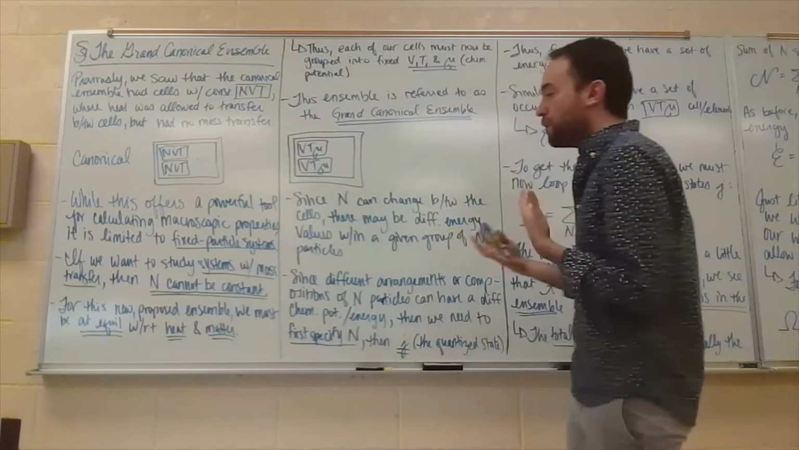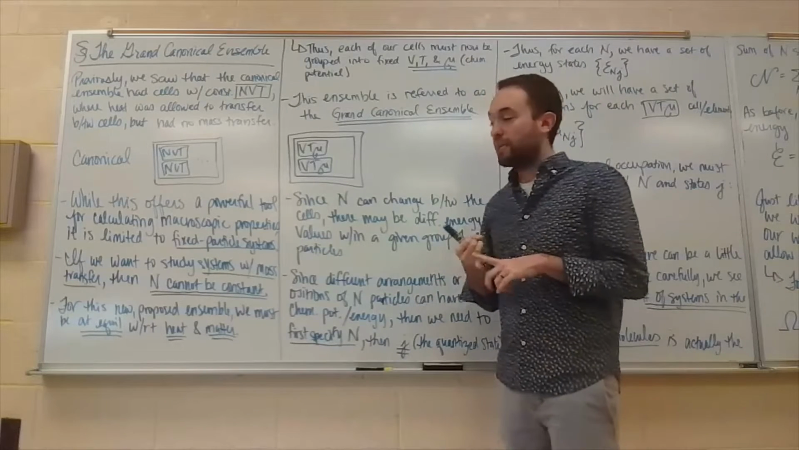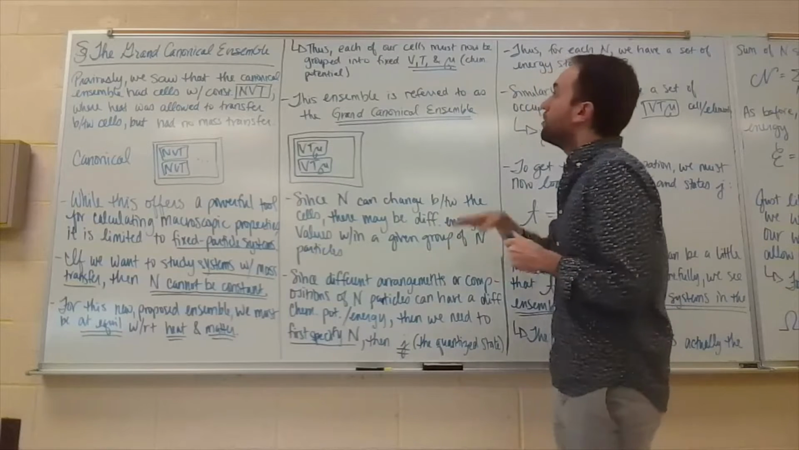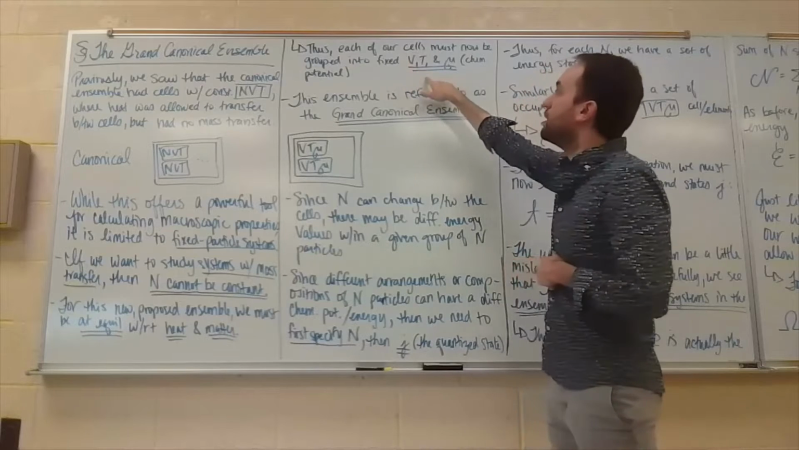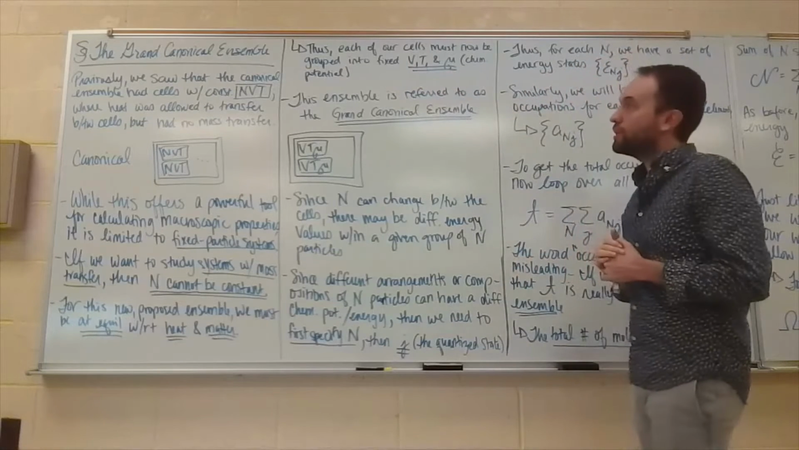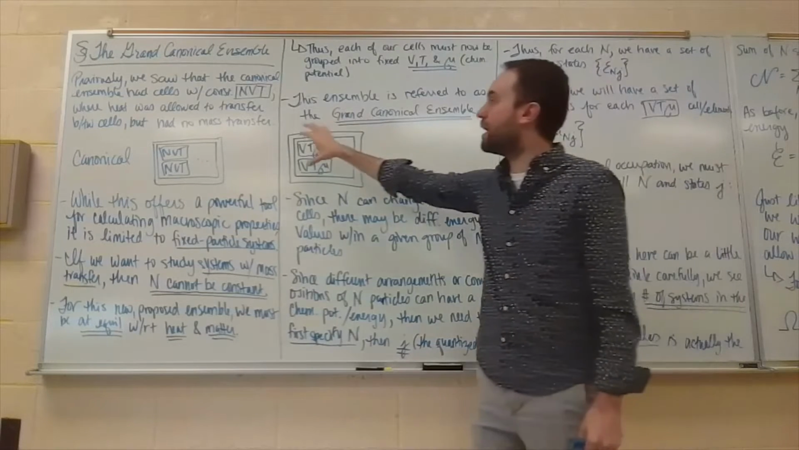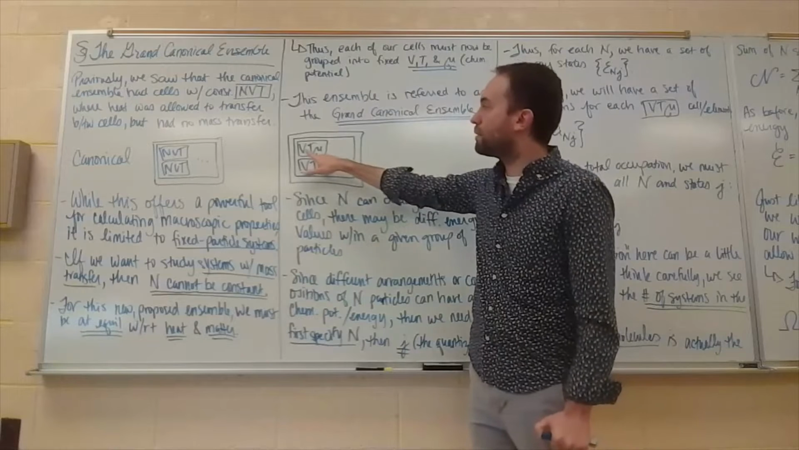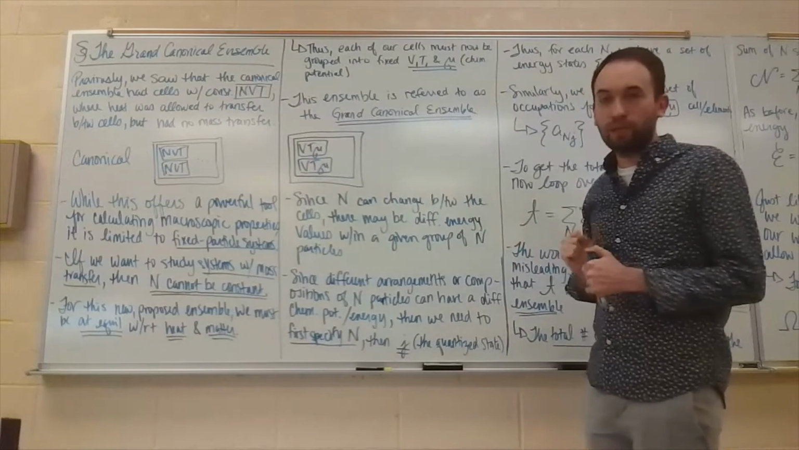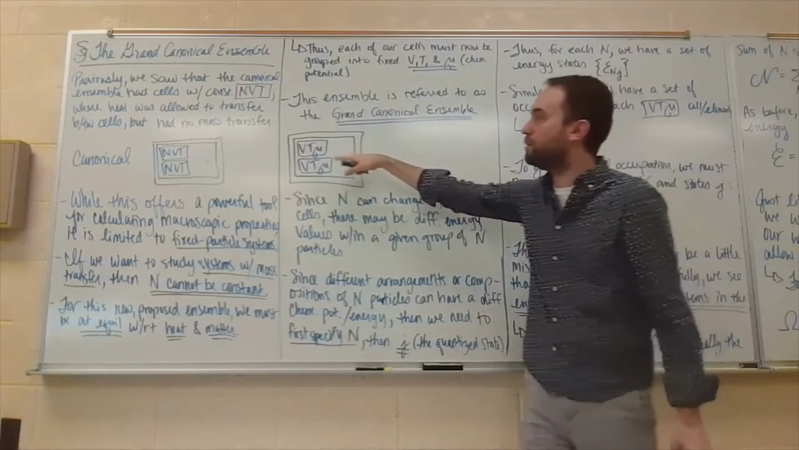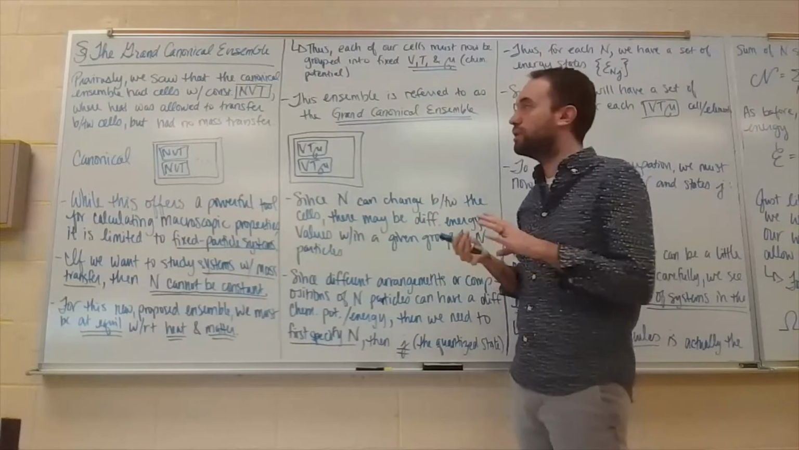For this new proposed ensemble, we must be at equilibrium with respect to heat and matter. So, thus, each of our cells must now be grouped into fixed volume, temperature, and chemical potential. This ensemble is referred to as the Grand Canonical Ensemble, where inside of our isolated system, our cells or our microstates are built up of little groups of constant volume, temperature, and chemical potential. So, molecules can move in between the individual cells, as long as we maintain the same chemical potential, temperature, and